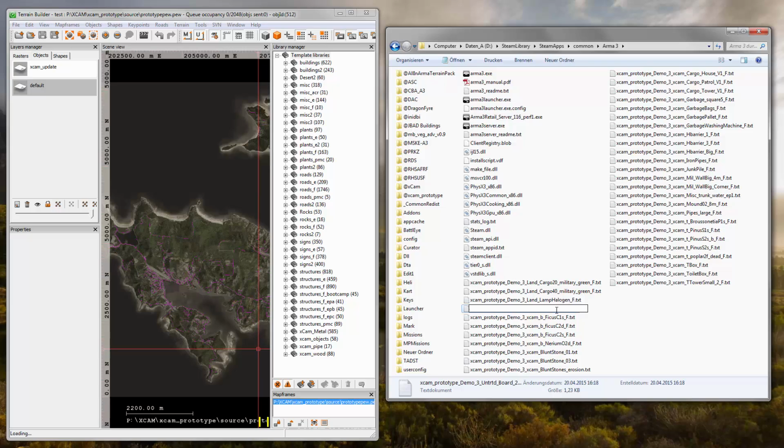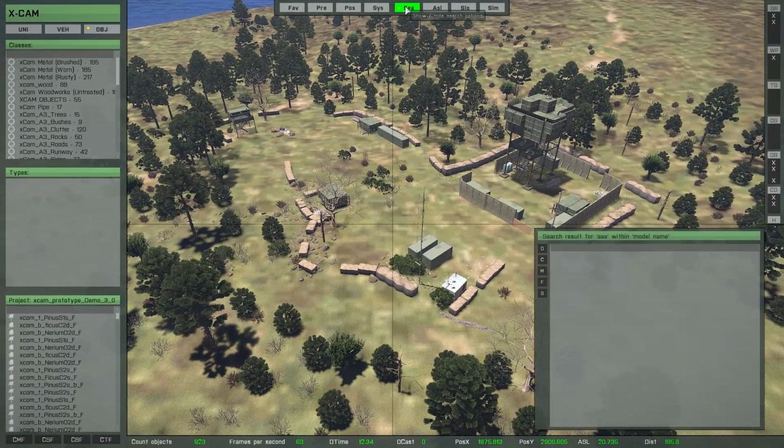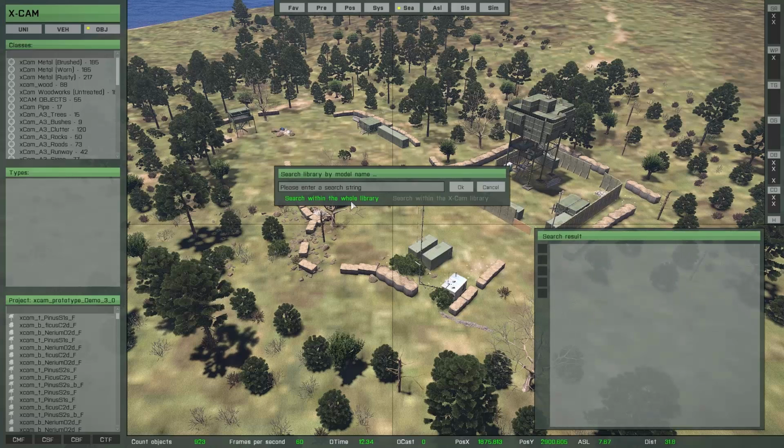So copy the name and then go back to the xCam, press the search button and press the M button because we want to search for a model name. Insert the search string, and here you can see another new function, because now it's possible to switch between two different search options. The first one is the search within the whole library, and the second one is to search within the xCam library only. So I want to switch to this option and press OK, and now we have to wait until the xCam